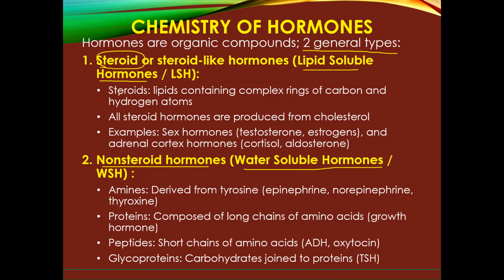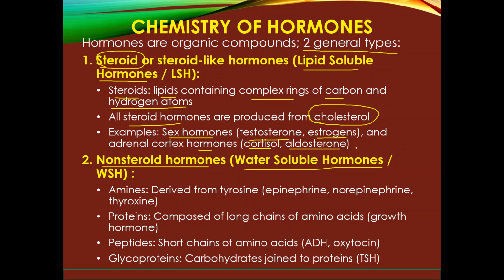So the steroid hormones are lipid-soluble hormones. They contain lipids, complex rings with carbon and hydrogen atoms. All steroid hormones are produced from cholesterol. So cholesterol is an important molecule to make several steroid hormones. Examples of steroid hormones are sex hormones like testosterone, estrogen, progesterone, and also adrenal cortex hormones like cortisol, aldosterone, and